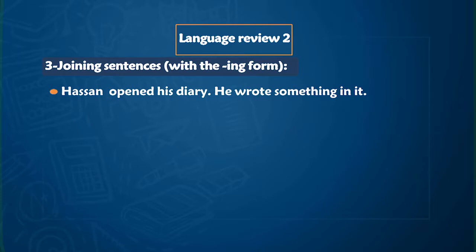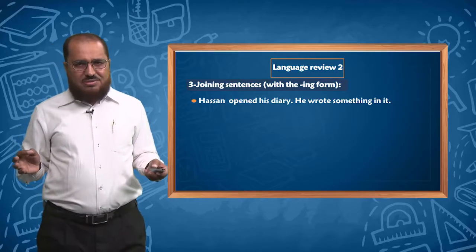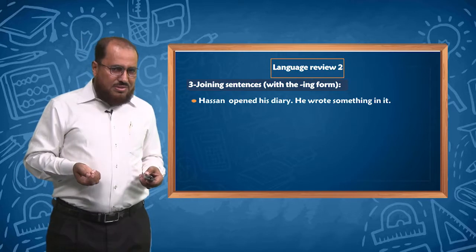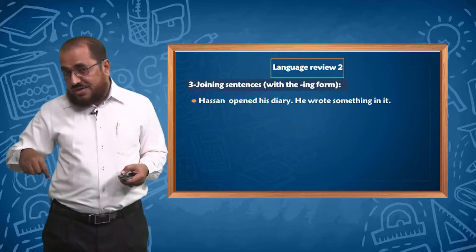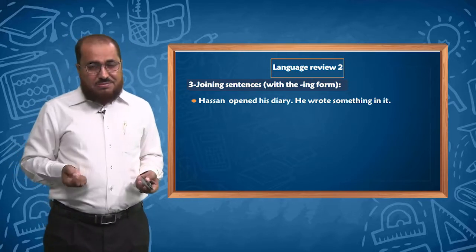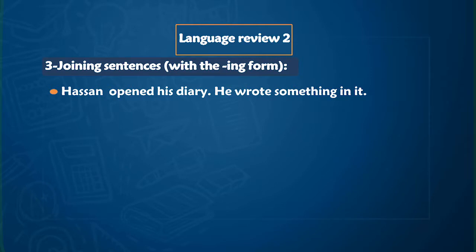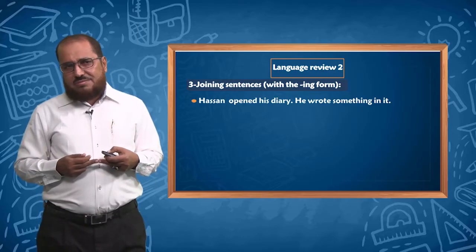Hassan opened his diary. He wrote something in it. Scattered, separated idea. Now, the idea is scattered here. Who opened the diary? Hassan. Who wrote in the diary? Hassan. At the same time. So why not join them together? Can you try it? Yes, I'll give you some time to try it. It will be: